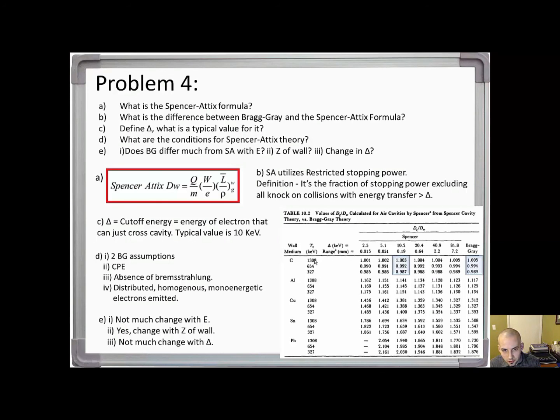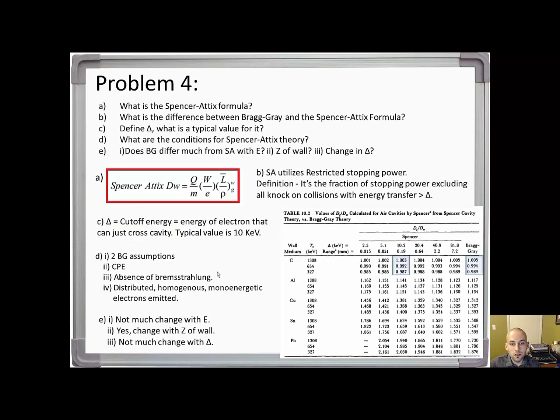So for carbon, look at the change in energies. This is 1.3 MeV. This is Spencer-Haddix, and this is Bragg-Gray over here, highlighted. Let's compare. 1.003, 1.005, difference of 0.002. Let's compare it to a lower energy. Once again, a difference of 0.002. So not really. There's not really much change with energy between Bragg-Gray and Spencer-Haddix. What about with